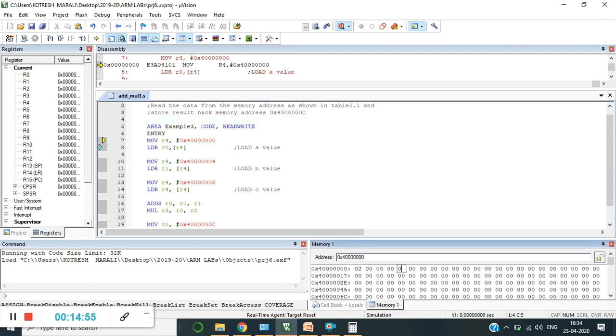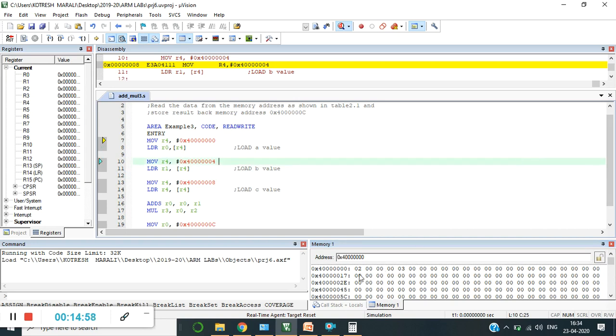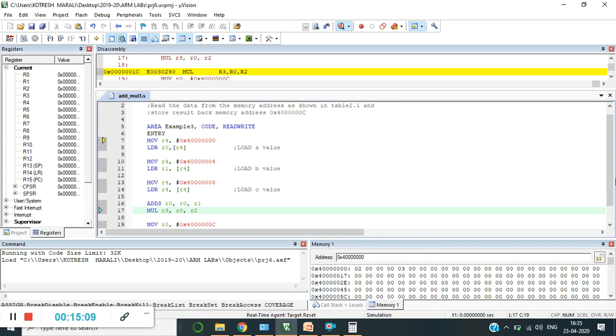Next is 3, because each input is how many bits? 32 bits. So 0x00000002. 02 must be present in the lower byte of data, and the rest of the data must be 0000.